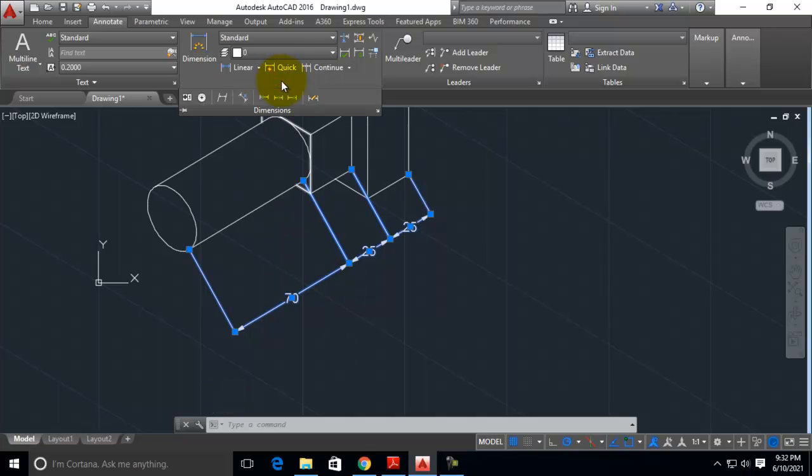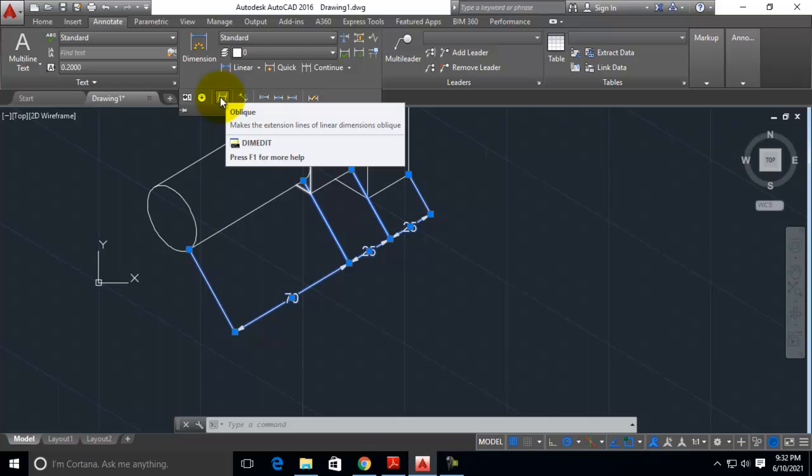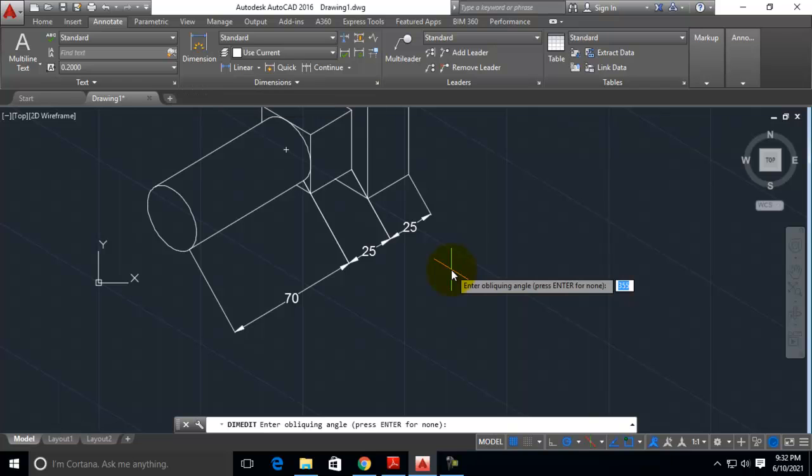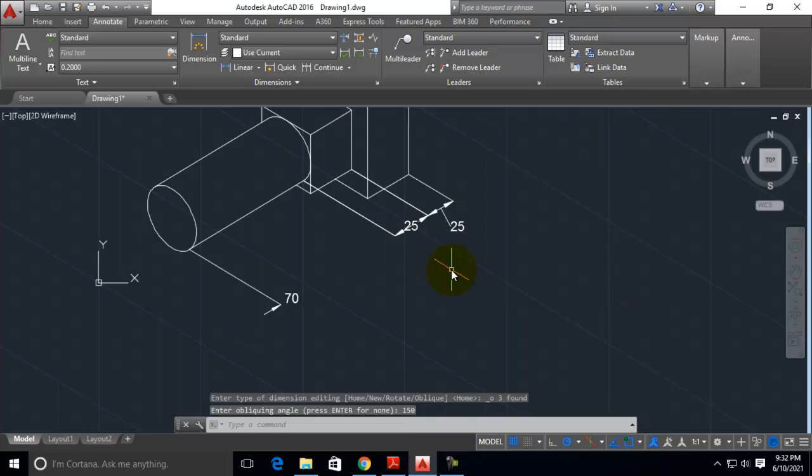Use the oblique option available here. Select the oblique and you have to give angle as 30 degree or 150 degree. Right now it is in 30 degree, I think. Select oblique command, it will ask for an angle, enter oblique angle. Now you have to give 150 and press enter. Now you see it is changed